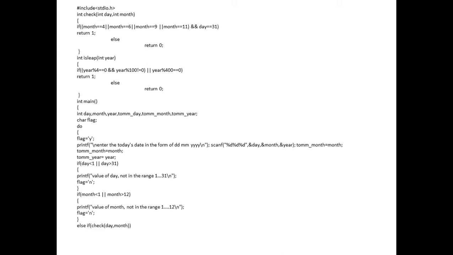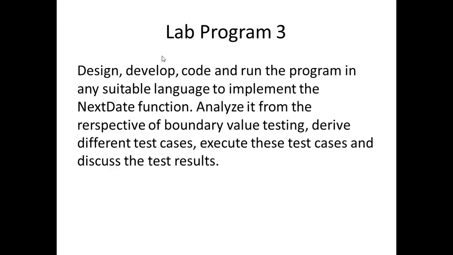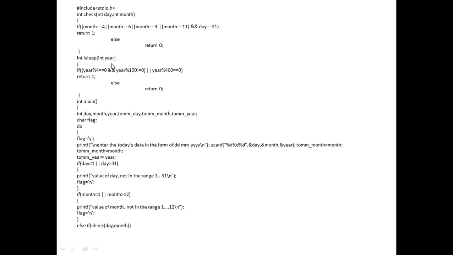So here in the first line of the program, you can see that month is equal to 4, 6, 9, 11, and these have 30 days. That is April, the 6th month June, the 9th month September, and the 11th month November. Next you have to calculate for leap year. For leap year, once in 4 years the leap year will come. So that you have to calculate. This is what is done for calculating the leap year.